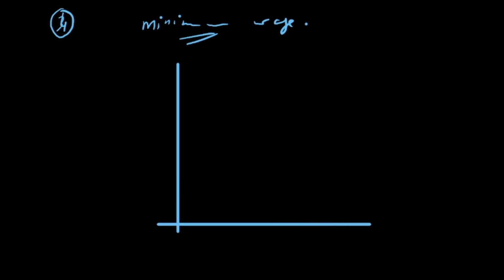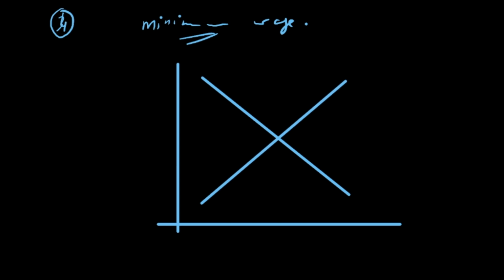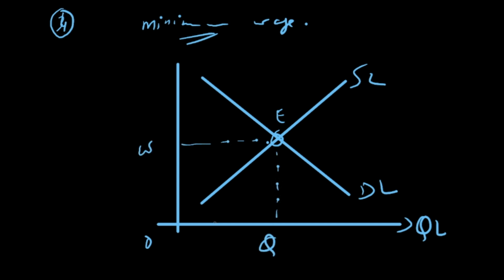So you can again give a supporting diagram here, and this diagram will look like this. So we have quantity of labor, demand of labor, supply of labor, equilibrium is at E, where the normal wage rate in the labor market is W and employment is Q. On Y we have wages. And if the government fixes a minimum wage for the doctors, then they will receive high wages.